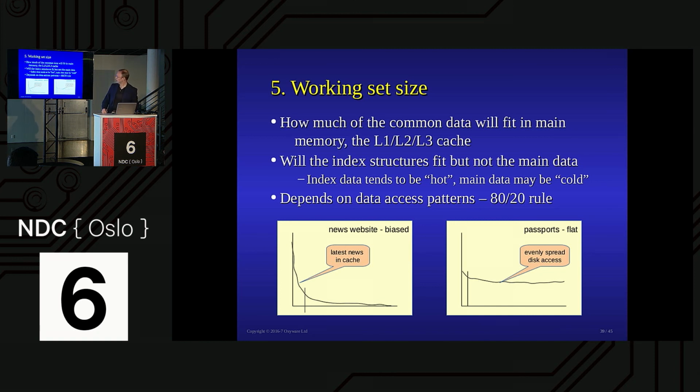If, on the other hand, you go to the airport like this, most people travel once or twice a year, you will probably find that you've got a very flat approach here. There are a few frequent flyers and crew up the top, but the rest of it is very flat. And you're dominated by I/O here. In the passport case and the news case, you can fit it all in RAM. You get a very different answer.